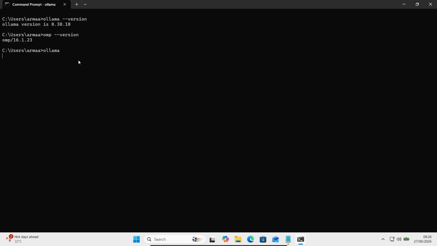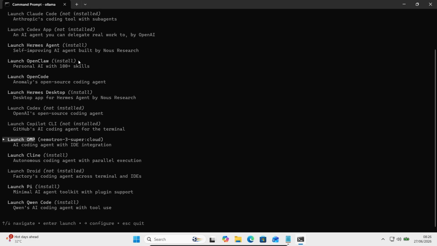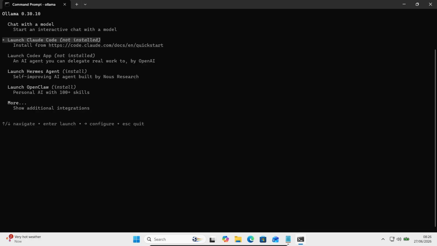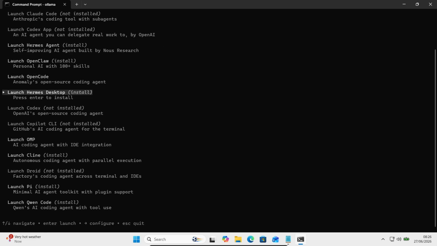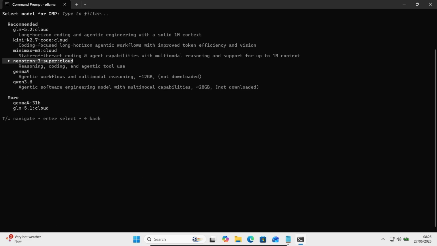So wait a few seconds. Now all of this comes up. If you scroll down, then you can chat with a model, Claude Code, and this. Now if you scroll down, then you can get this OMP. Click on this right arrow, then you can get these recommended models. So let's use the Nemotron 3 Super. Press enter